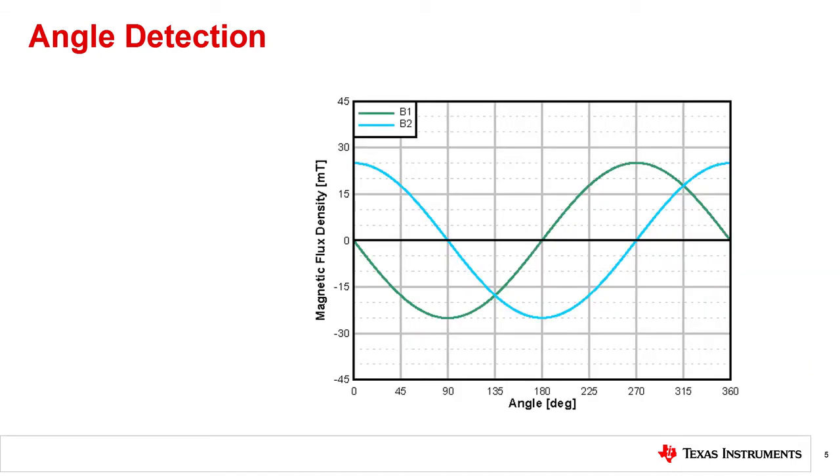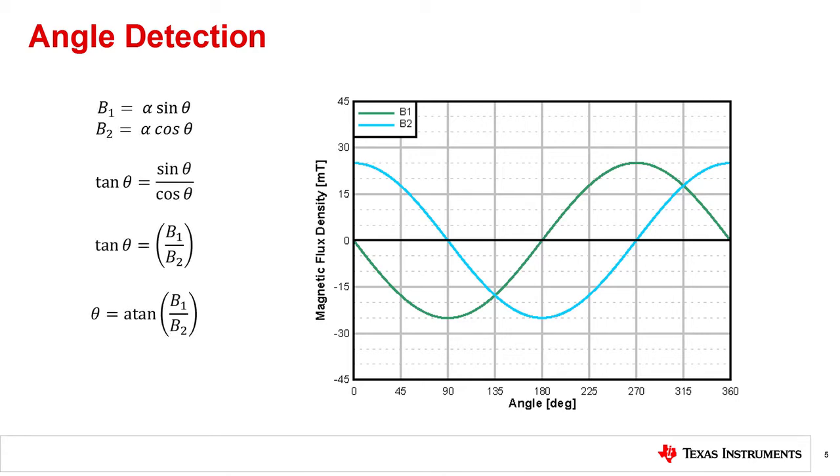To expand the view to a full 360 degrees, we need to add a second Hall effect sensor, which is 90 degrees out of phase. If we monitor the y component of the magnetic field with both devices, we will obtain inputs as shown here. This provides us with both a sine and cosine function, which we can use together. The arctangent function will now enable us to determine the rotation angle for all positions.